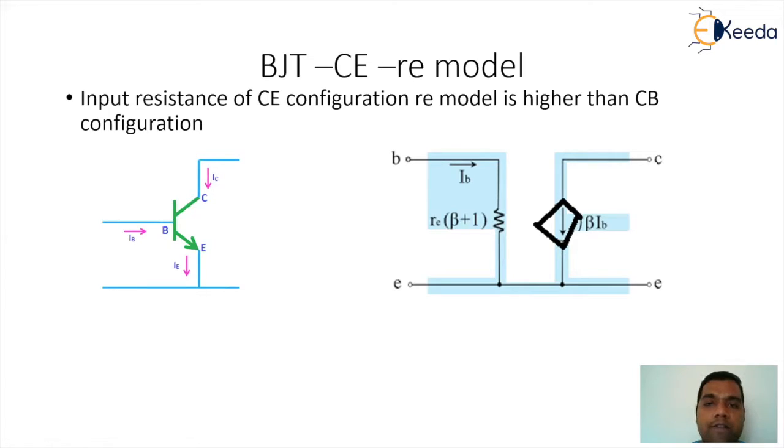And at the output side, we have collector current IC. And for the common emitter configuration, we have a current gain beta. So beta can be defined as IC by IB. So I can define IC as beta times IB. So the current source will be a dependent current source with a factor beta times IB, representing the collector current as a function of the base current. We have already studied the relation IC versus IB in the transfer characteristics, which shows a linear graph.